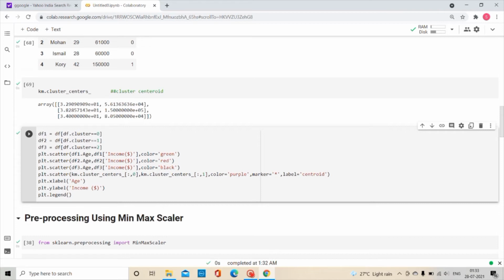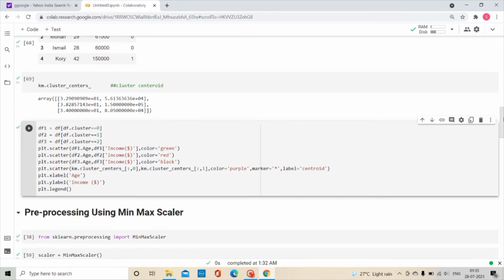We have done this in order to use that in our scatter plot, like in this plt.scatter(df1.age, df1.income), and we have used the color green. Same with the other data frames. We are not going to use the name column as it has no effect in predicting the values.